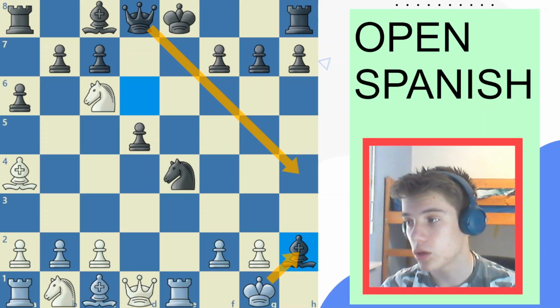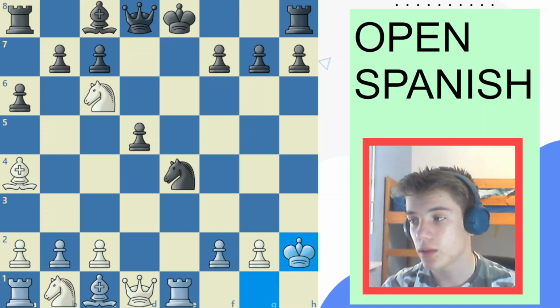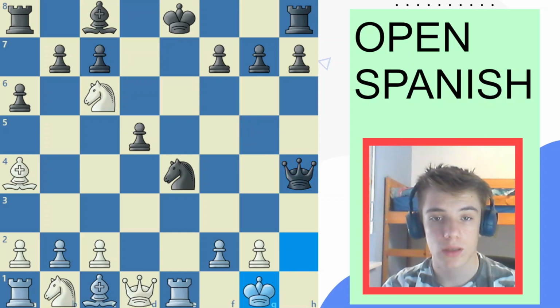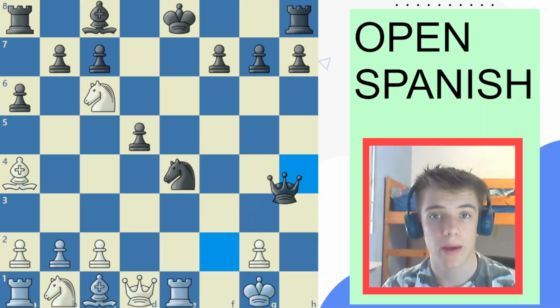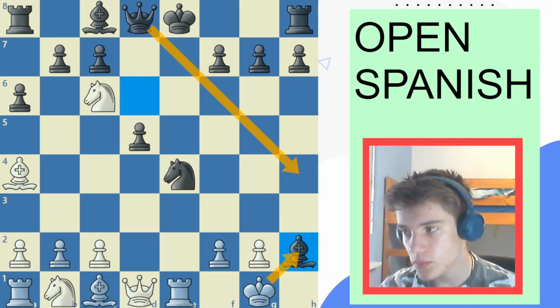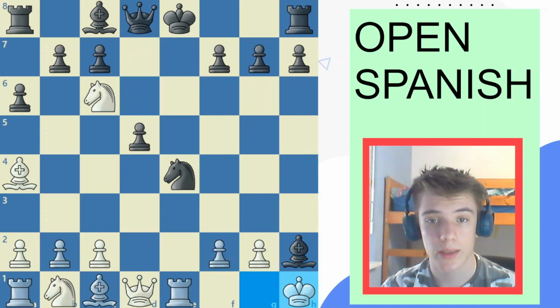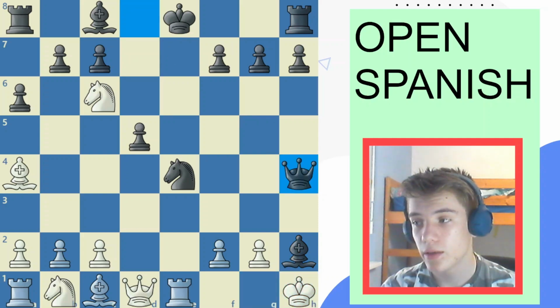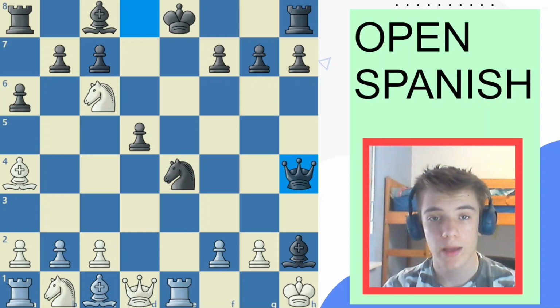Let me just quickly show it to you. So after king takes h2 and queen h4, after king g1 and queen takes f2, there is nothing to do, it's just a perpetual check, and the game ends in a draw. So after bishop takes a2, the main move is of course to play king to h1, and after queen to h4, this is very tricky, but here there is only one move that white can play, and this is the move